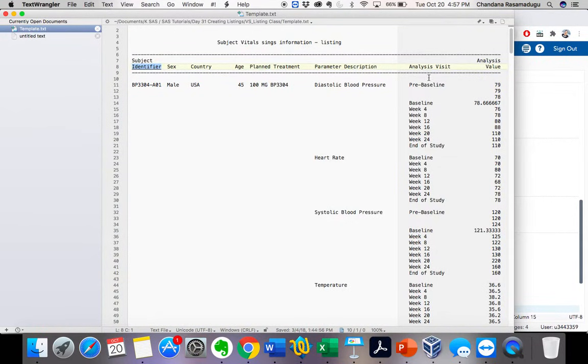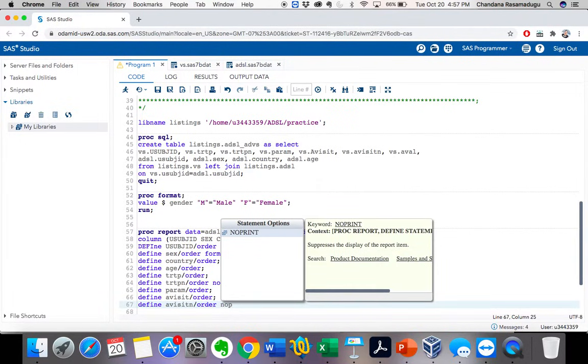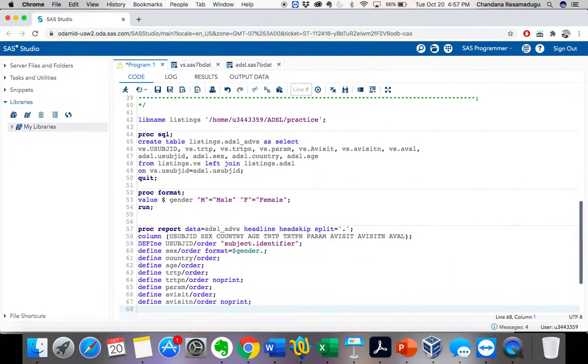I just need the analysis visit values but not the numbers. So order, no print. What is the next variable? I'm done till here. There are no more variables that I need to specify any formatting for.